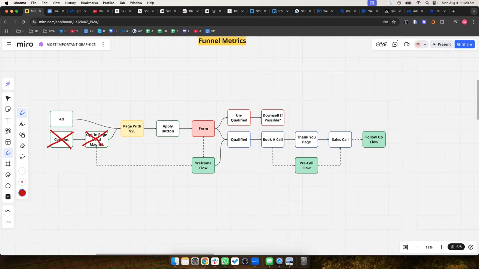So this is a very interesting caveat for a lot of people because up to this point of this call, we've gone ads to page with VSL, and I said you should always have an apply button and a form. The reason you'd want an apply button and a form when you're doing ads is what I said before. You've got to make sure they're qualified in the price. Why would you want to talk to these people? But also, the way that Facebook works and the way that machine learning and the algorithm works is every conversion you get, you basically get one data point.